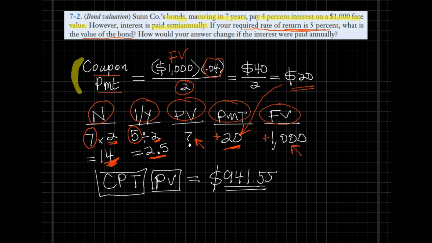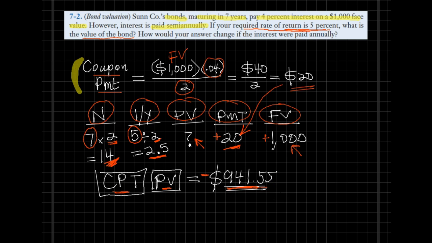So when you make the calculation on your financial calculator and compute the present value, you will realize that it comes out as a negative figure. So you will see a negative sign in front, meaning that the investor will have to make a payment of $941.55. Now comparing this number with the $1,000 face value, we realize that this is a discount bond because